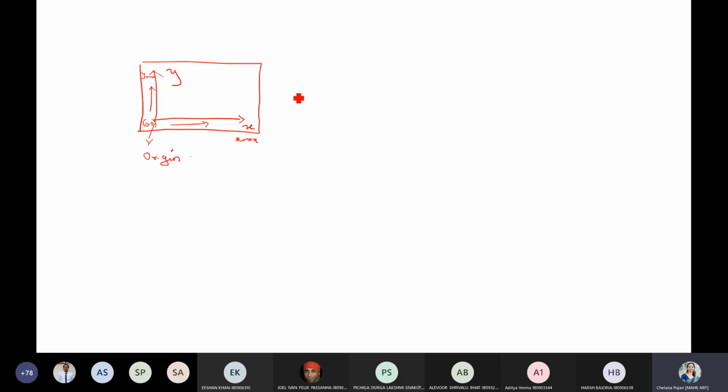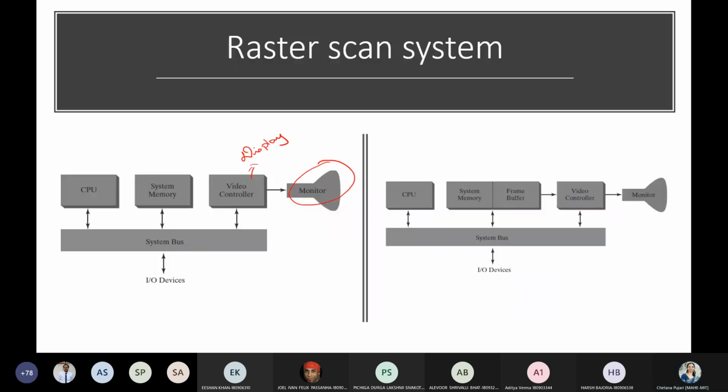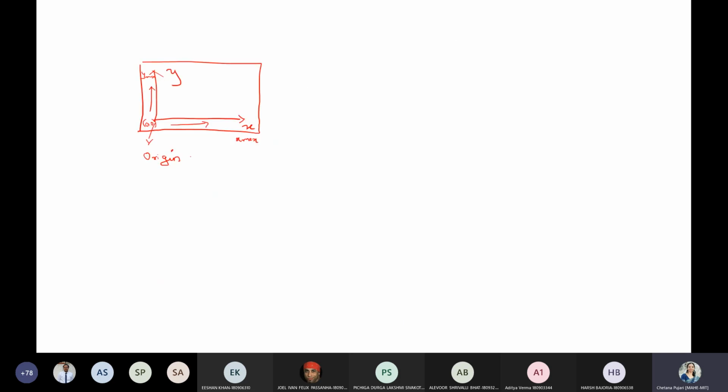To do that, you are going to fetch your details from your frame buffer, which basically contains the intensity value of your pixel. So first, we are assuming that you are aware of the X max and Y max values of your screen. It depends on the screen or which device you are using.